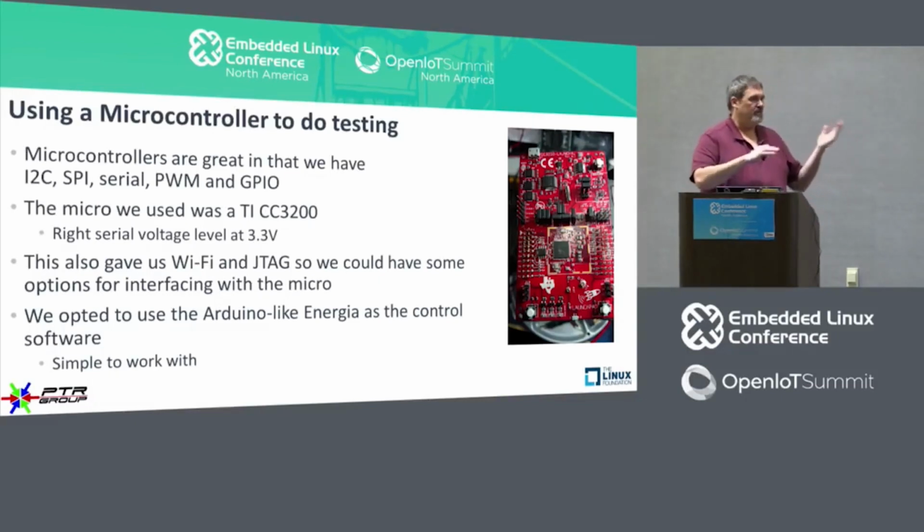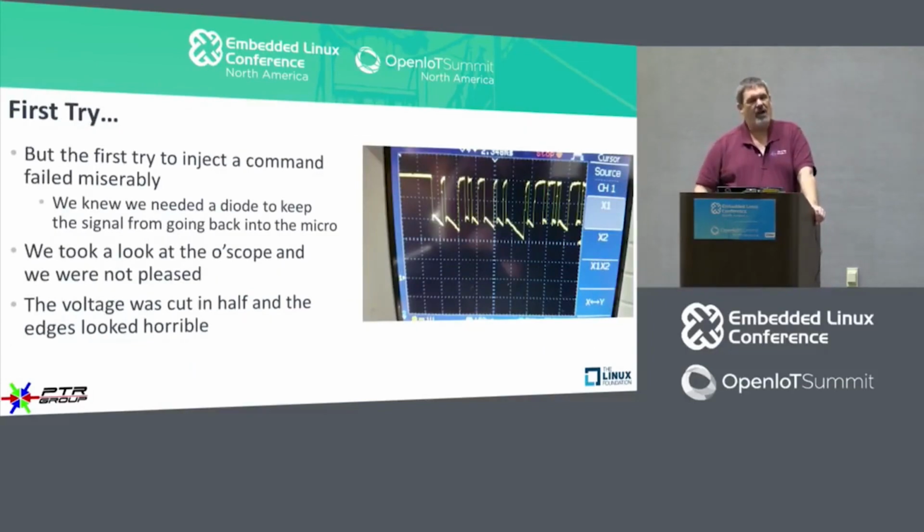So Energia was a great solution for this particular case. Now, in the first try, we said, okay, well, we think we know what we need to do. We need to inject some serial port-like stuff. We knew we wanted to isolate our circuitry from their circuitry so they would not know that we were there. So we basically made our equipment look like a diode. Well, we used a diode to keep it from being able to be detected by the devices that were communicating